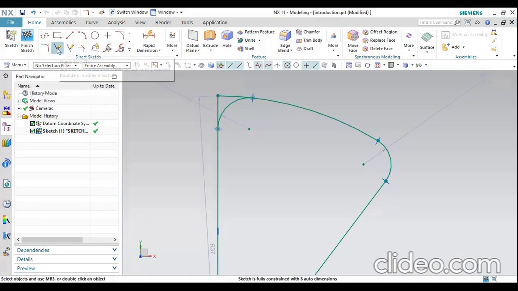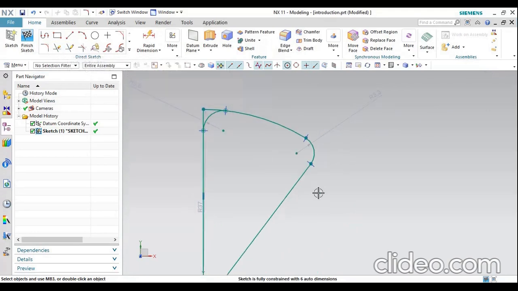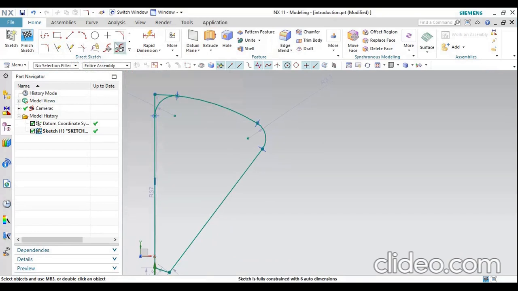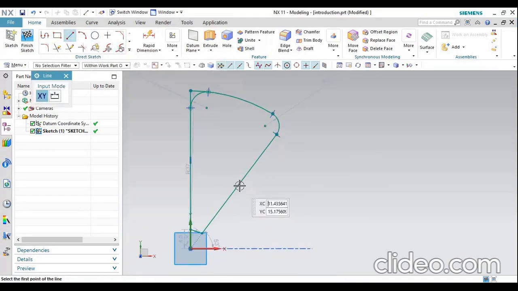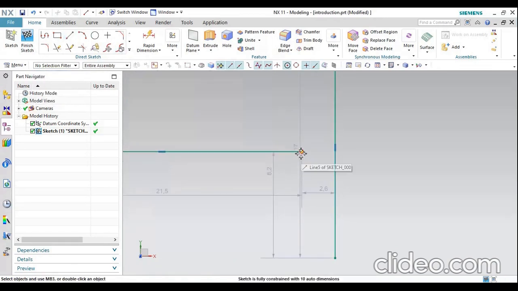Then after, quick extension lines. Extension lines are mostly used when your sketch is not fully connected. For example, I want to extend this line to this line.